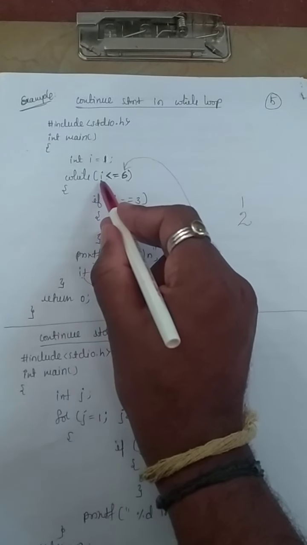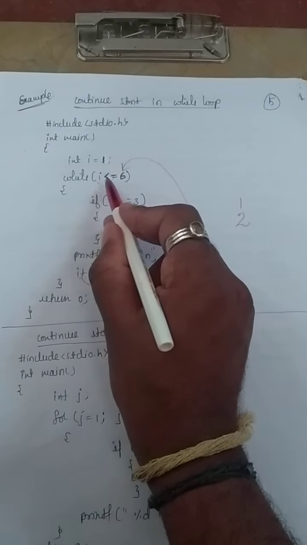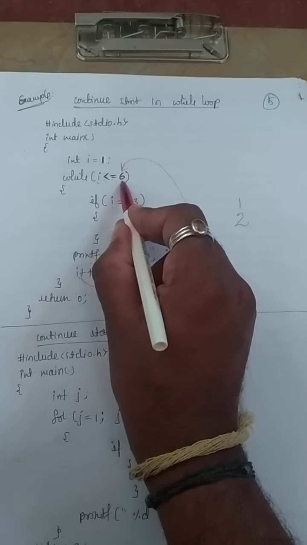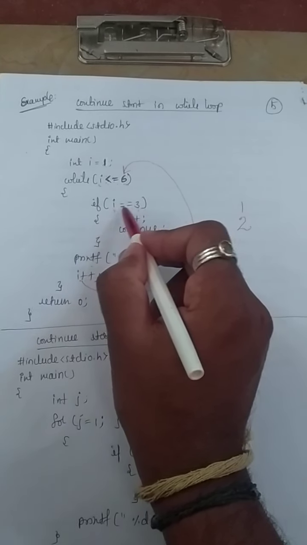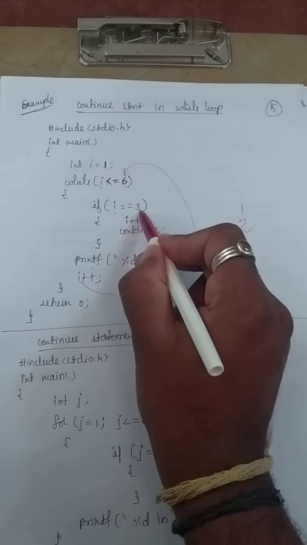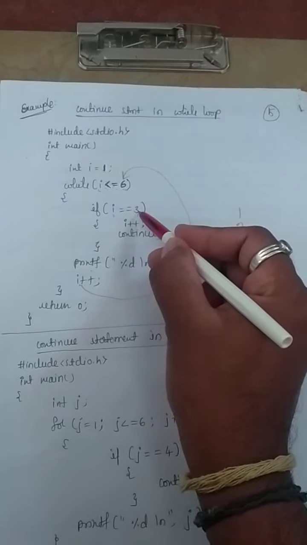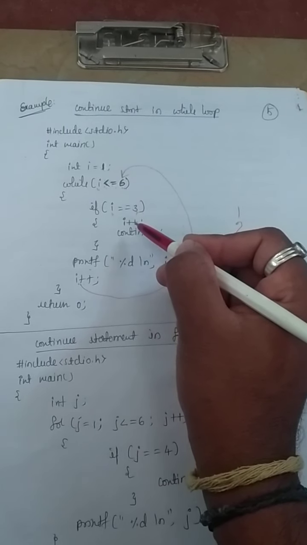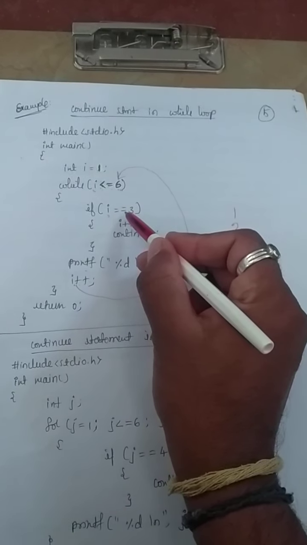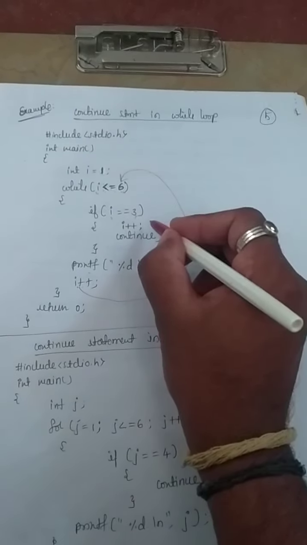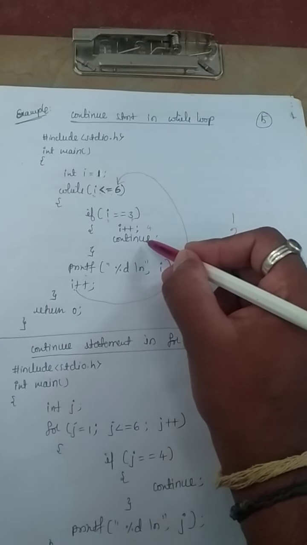Check the updated value of I here. It is 3 now. Whether 3 is less than or equal to 6? Yes, condition true. So it jumps here. Substitute the I value 3 here. Whether 3 is equivalent to 3? Yes, condition true. So when the condition of if is true, we come inside the if condition. Inside the if condition, the I value will be incremented first. It means I was 3, now it will become 4.